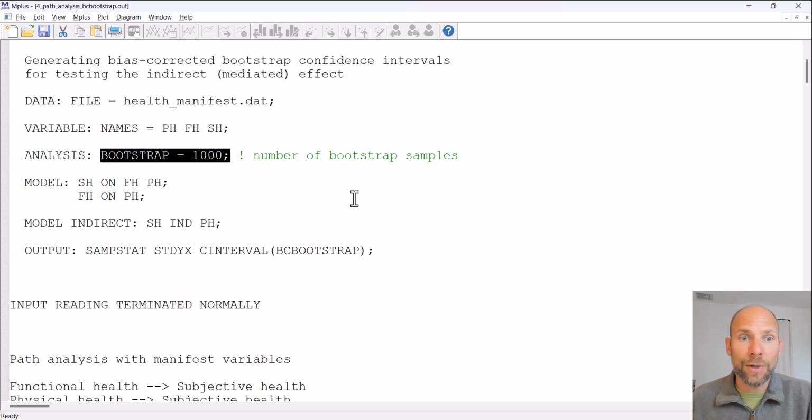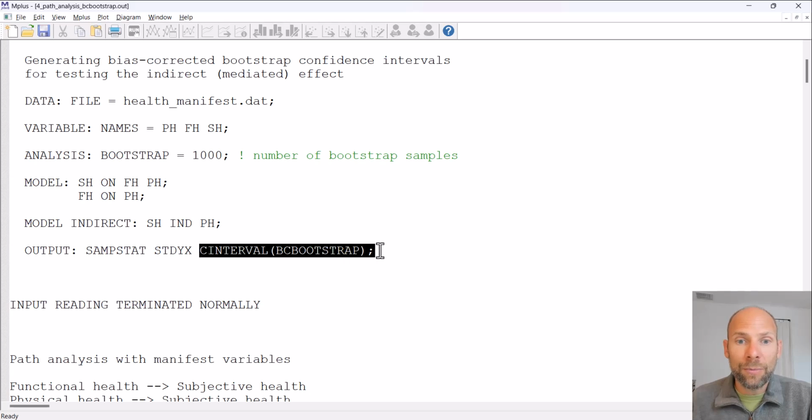That's what we're doing here by specifying bootstrap is 1000, meaning that's the number of bootstrap samples, and then also by including the output command C interval BC bootstrap. This allows us to print confidence intervals. If we didn't include the BC bootstrap subcommand here at the end, then Mplus would give us only the confidence intervals. If we included only the C interval keyword without the BC